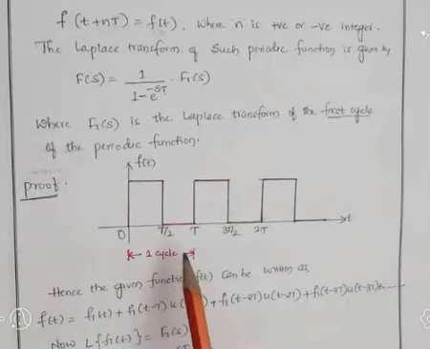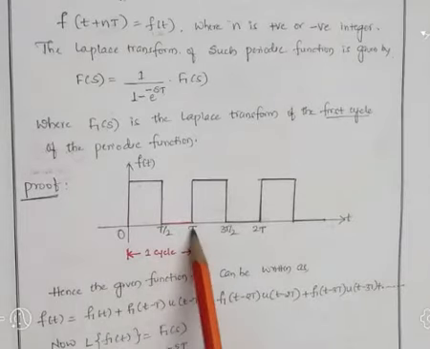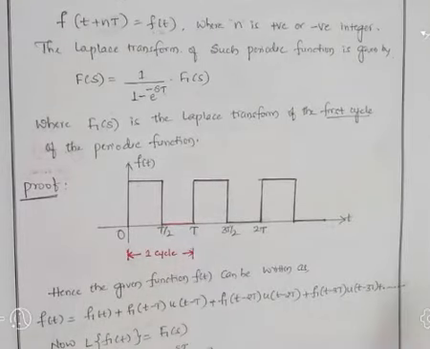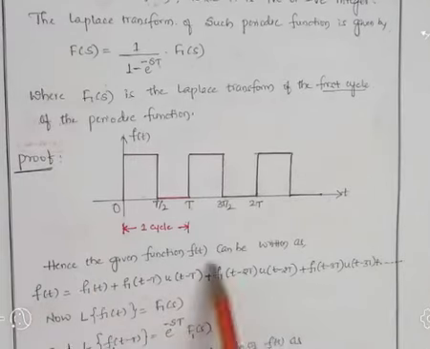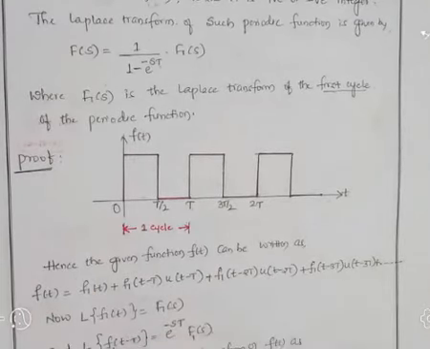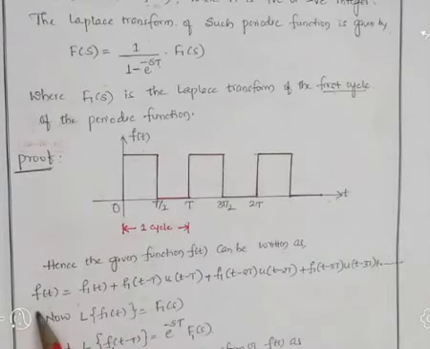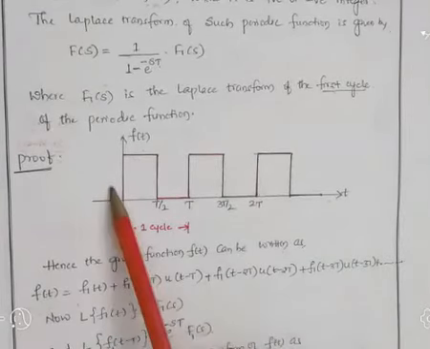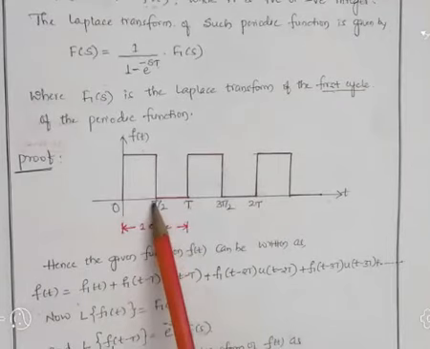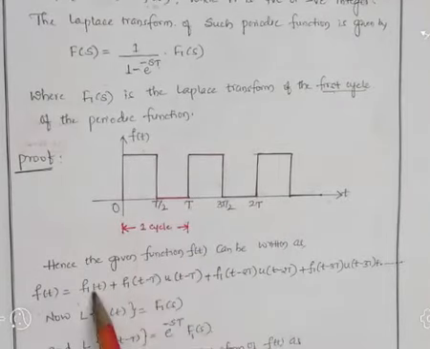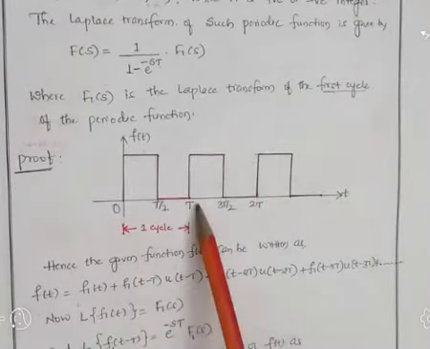So first we have to consider only the first cycle. First cycle means 0 to T. Hence the given function f of t can be written mathematically as follows. F of t equal to what? This one I will represent as the first cycle, first function, that is f1 of t, and this one I am going to represent as